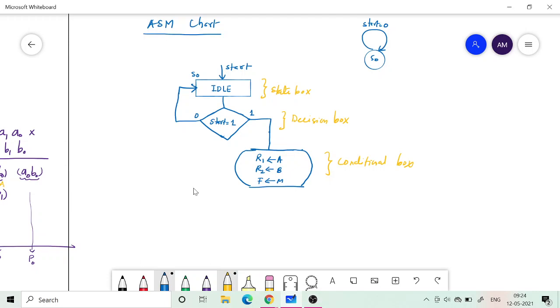So in the ASM chart there are three kinds of box. In the previous example I had not drawn these two; I only had the state box, because there were no conditions there, so there was no decision box, and no different actions depending on a condition, and therefore no conditional box.